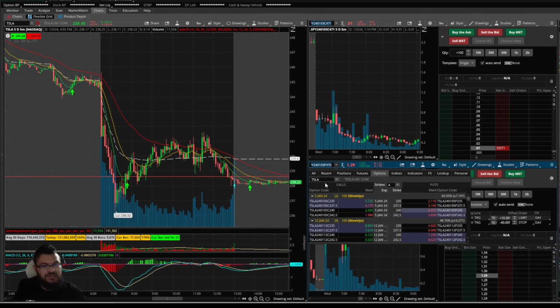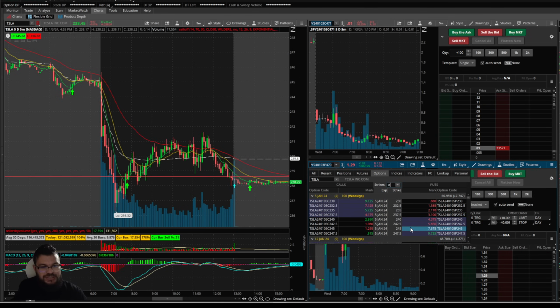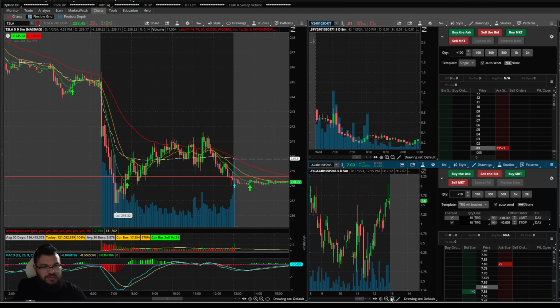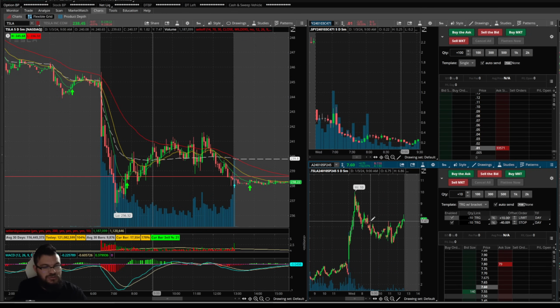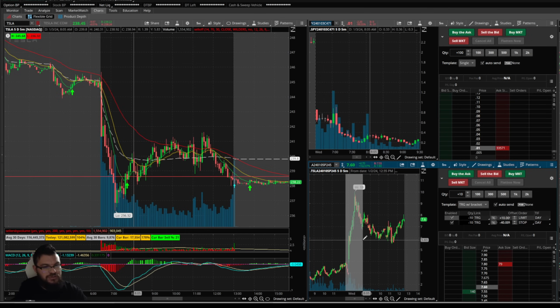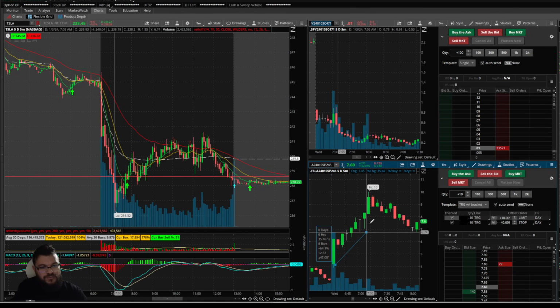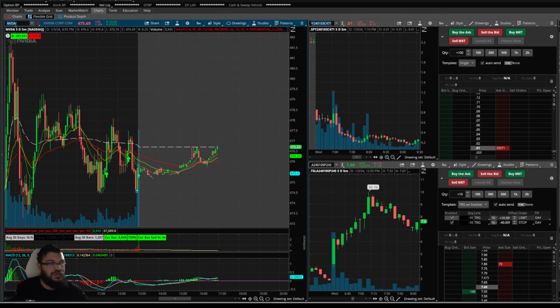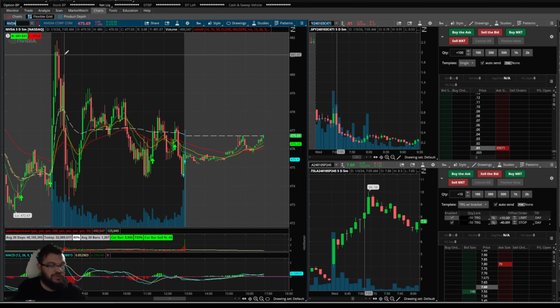If I go to Tesla at 244, I probably would have been more inclined to get the 245s. If we look at those premiums, which would have been right here, that went from $4 to 10, a little north of 140%, right? Again, if this was 0DTE, that Tesla trade would have been insane. So Tesla was a really good one today, as was, on the opposite side of the spectrum, Nvidia, which this morning completely went bullish, and those probably paid out well for those that trade it, right?